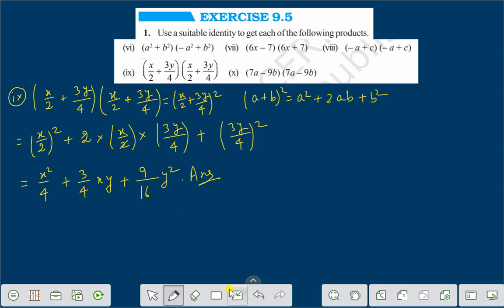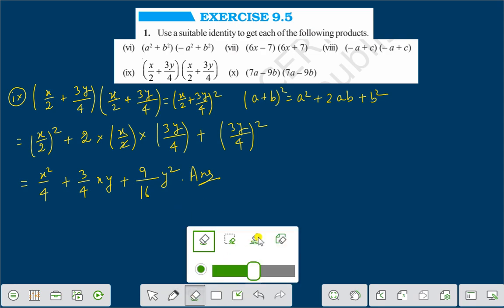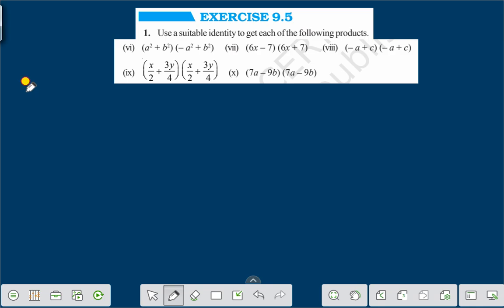Let's solve question number 10. Question number 10 here you see is 7a minus 9b into 7a minus 9b. Then we are getting here as 7a minus 9b whole square. We will apply this identity, that is a minus b